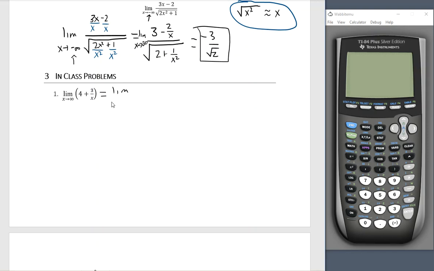Again, I find it to be a better habit to rewrite this in terms of a single fraction. Remember,